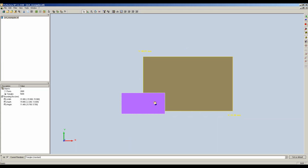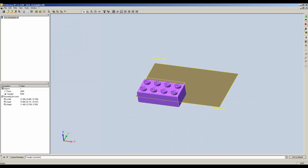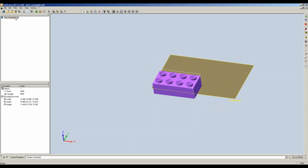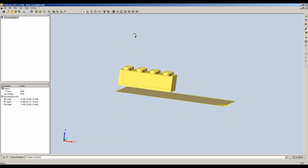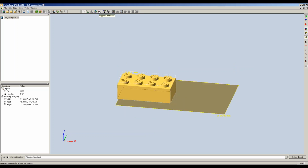build plate. One of the nice things about these printers is that it doesn't really matter how many parts you're printing, since it's the entire layer at one time. You can fill the build plate with as many parts as you'd like. So I'll take this part. I'll first position it maybe above the build plate, about 4 millimeters, in which case it's going to use support material, and I'll use